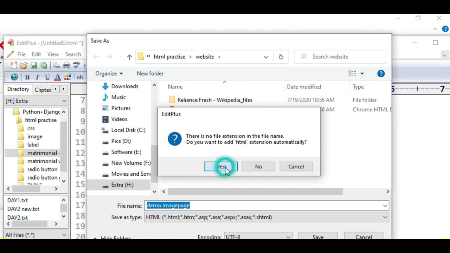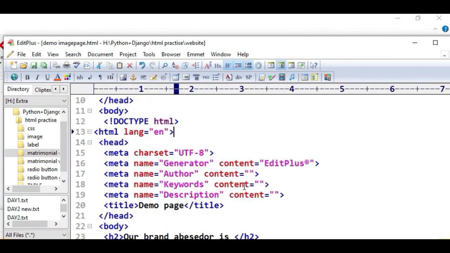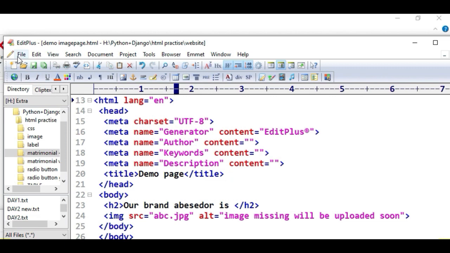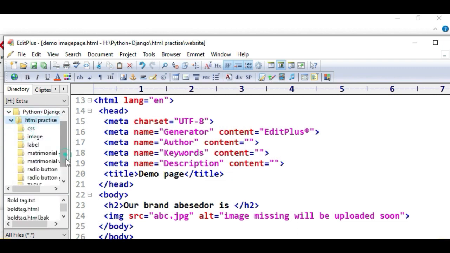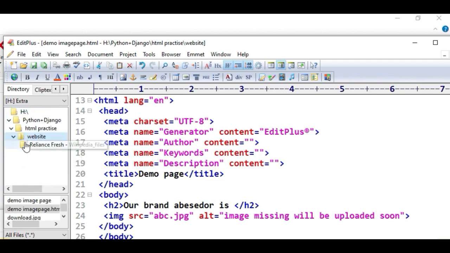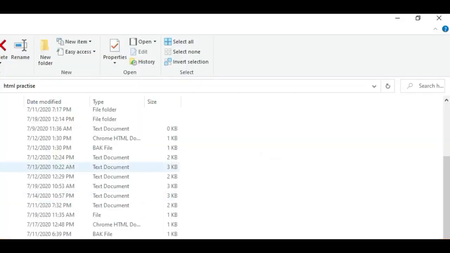There is no file in the file name. Do you want to add HTML? Yes. Okay. So when I go to see here inside website, Python HTML practice, and inside website, let's see what is there.